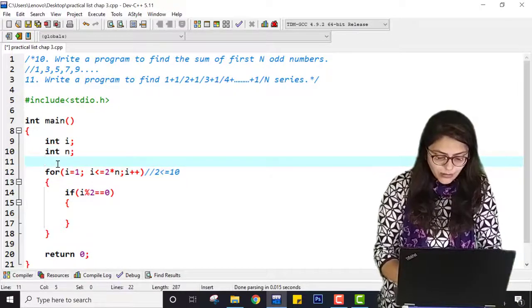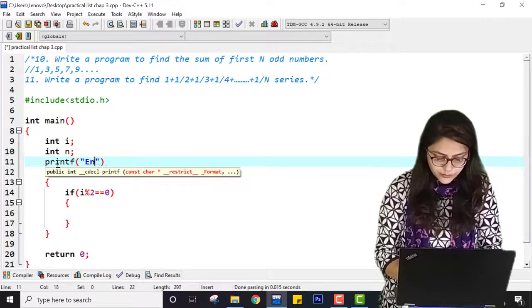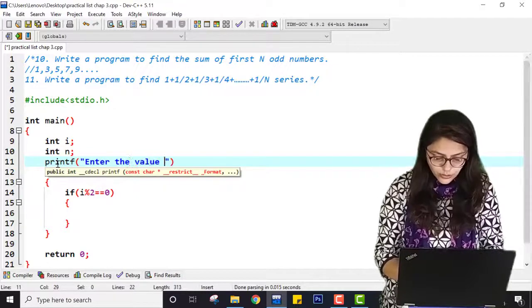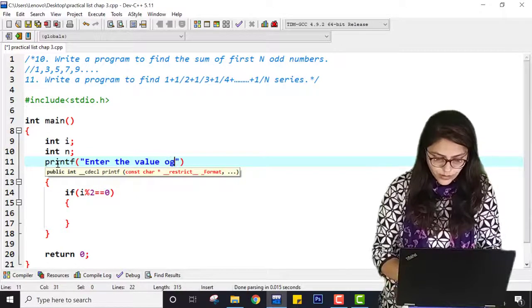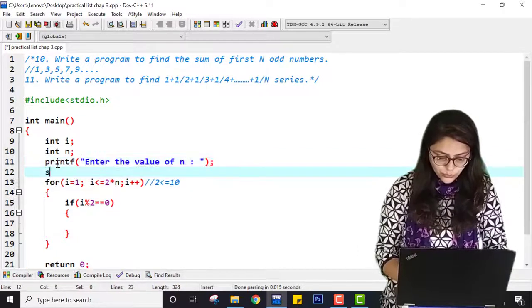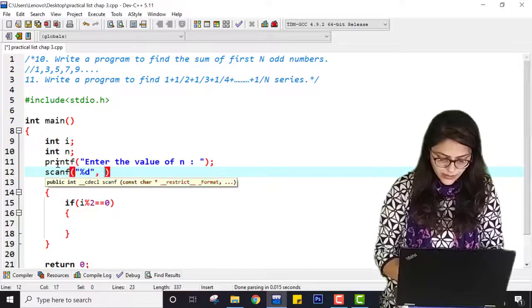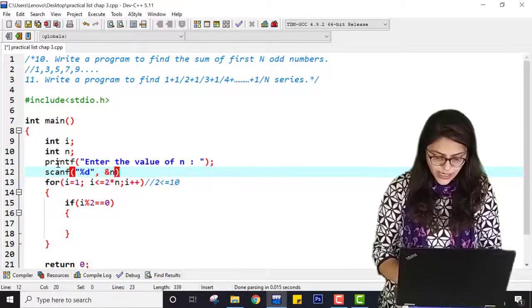The value of n will be entered by the user. Enter the value of n. Right. Here I am going to do scanf %d, here it will be &n.